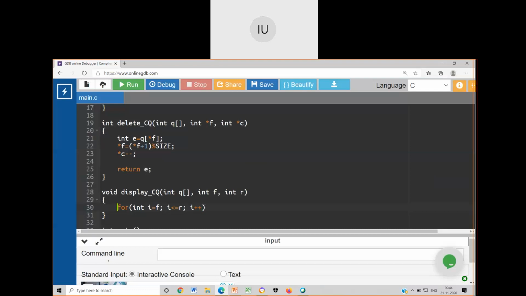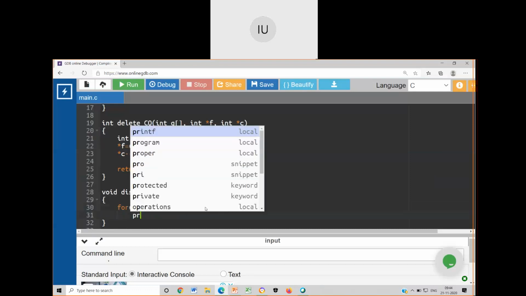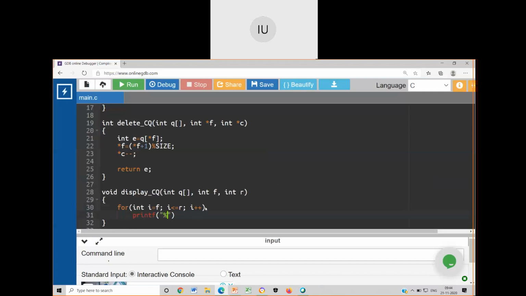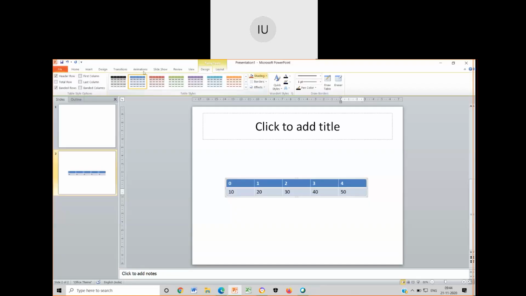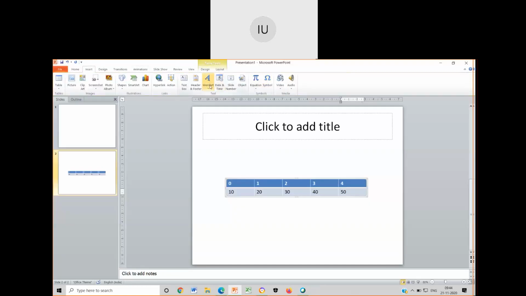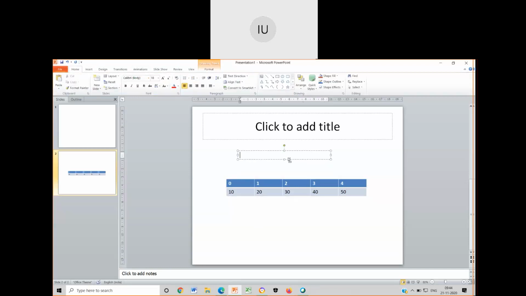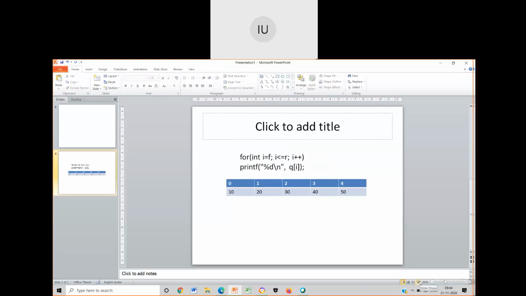Let me just complete this and I will copy and paste it over there so that the explanation becomes much more convenient. Now, let me just share the screen. Have a look at this.